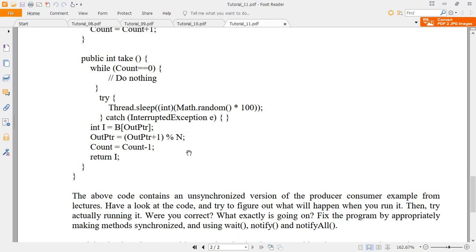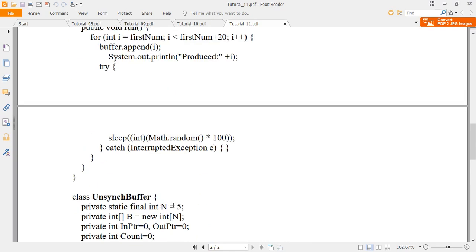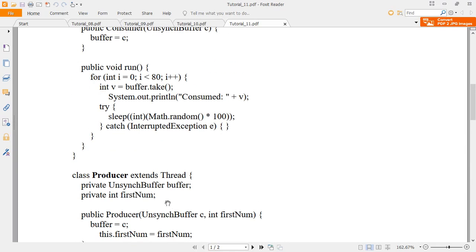So the ultimate aim of this question is to make you write a program. Anyhow, the skeletal program code I have already provided along with this tutorial. The ultimate aim is to make this code synchronous. That means proper inter-thread communication and thread synchronization should be maintained.